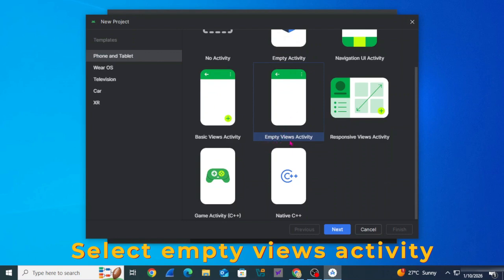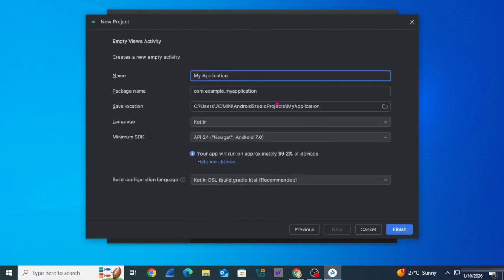Now guys, here we have to provide various information such as the name of the application, package name. So for the name of the application I've given first app. In package I'm just providing CS Corner instead of example. And guys, this is the location where my Android application will be created. So if you wish to change, you can click on this folder icon and change.